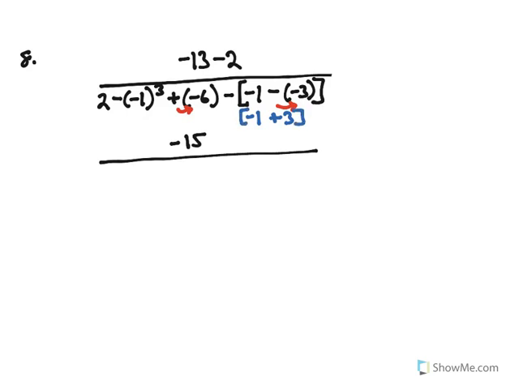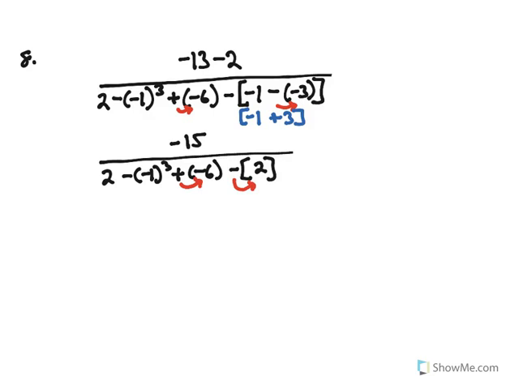Well, when you do that, that's just going to give you a minus 1 plus 3 is a positive 2. Okay, can you see what I did there? All right, let me just clean that up. And then to get rid of that bracket, we're going to multiply this negative 1 by the positive 2. We're going to multiply a positive and a negative here, and then we're going to deal with the exponent. All right, so before we do that,